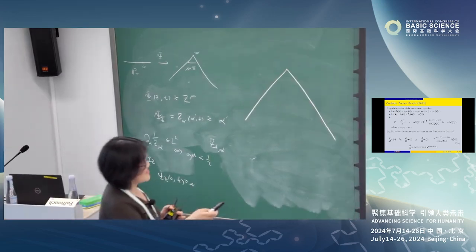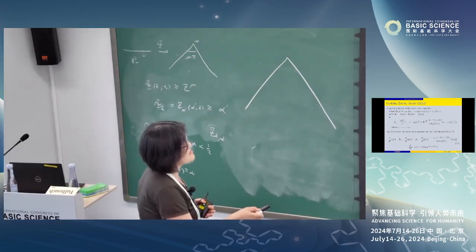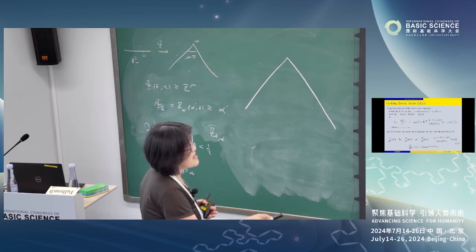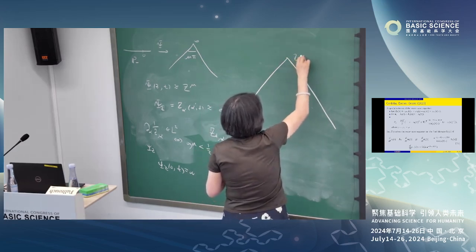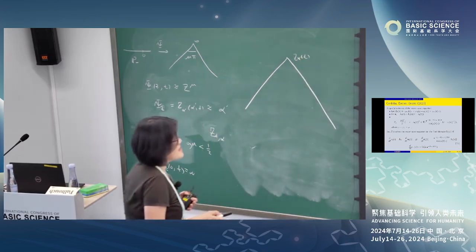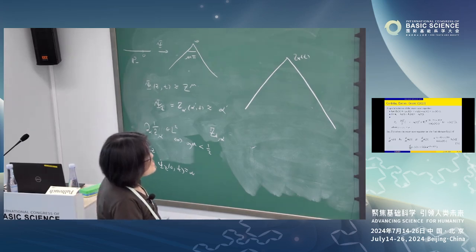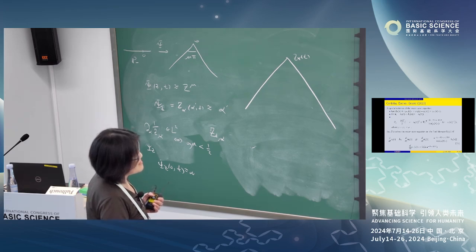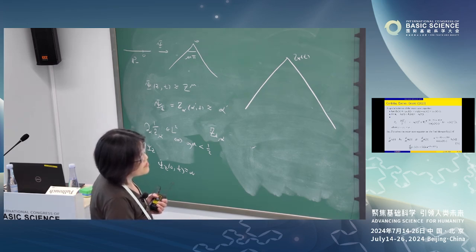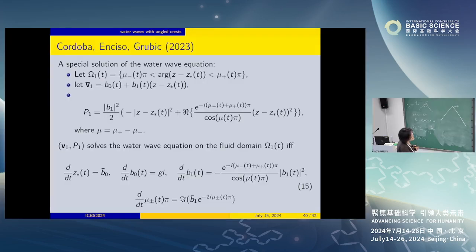Okay, you see, what is crucial is that this mu changes with respect to time. This change with time is artificial. You can also allow this point to change, but that's not that important. What's important is that these two change with respect to time. The velocity is a linear function, and the pressure you just take this way. So this is B1, and this is quadratic, and this is the real part of this thing, and you can compute with this formula. In fact, V1, P1 solve the water wave equation on the fluid domain,